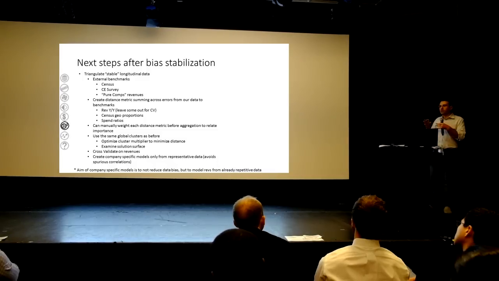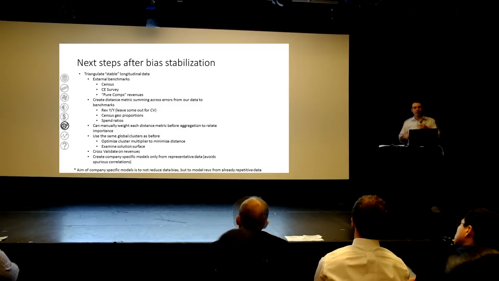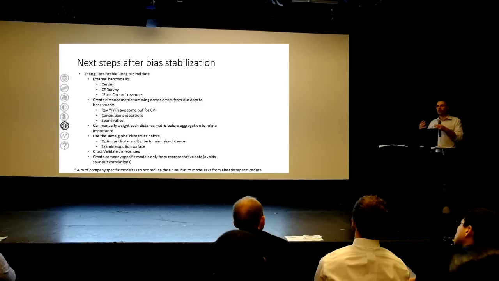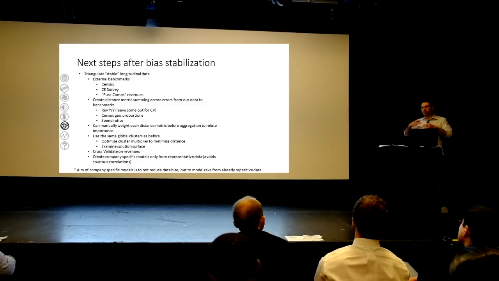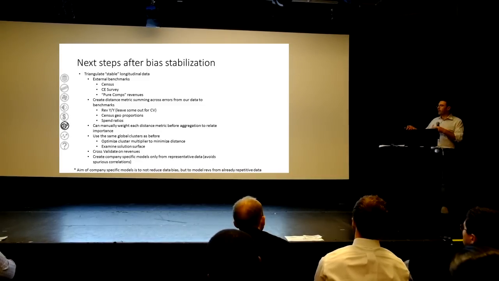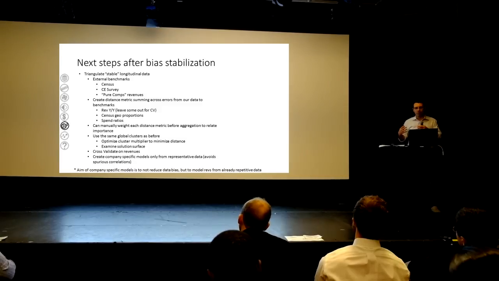Now, what's really cool here is we can reuse the global clusters for the next step. We take those global clusters because those group people together by type of behavior. And one of them could be pure comps revenues. What's a pure comp revenue? In this case, it would be something like an online retailer that reports all their U.S. revenues separately from, say, their global revenues. So if our data is perfectly representative of the U.S. population, we don't need to do any modeling at all to get at the revenues of this particular merchant.